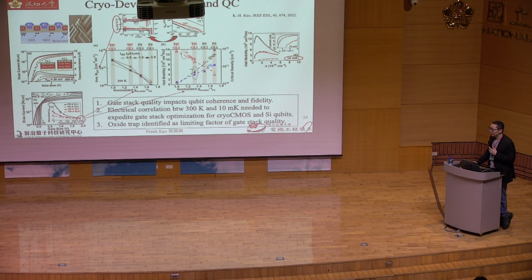I'm just saying that if room temperature measurements allow you to deduce the properties at low temperatures, then I guess you're assuming that the properties stay the same when you change the temperature. The trend is the same, yes. But for example, when you lower the temperature, you increase the mobility. Yeah, something like that. I'm not sure if I answered. Okay, maybe we can discuss offline. Oh, okay, thanks. Thank you.